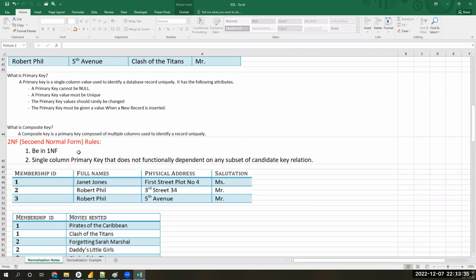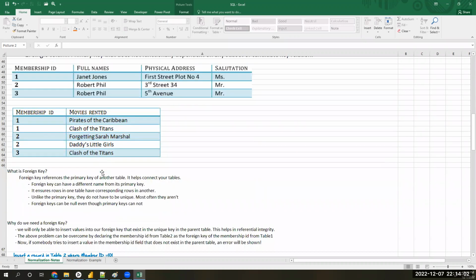For the second NF, the first rule is that it should be in 1NF, which means no two values in a single cell. If you observe, we created one membership ID, and we allocated that membership ID as a foreign key for another table.